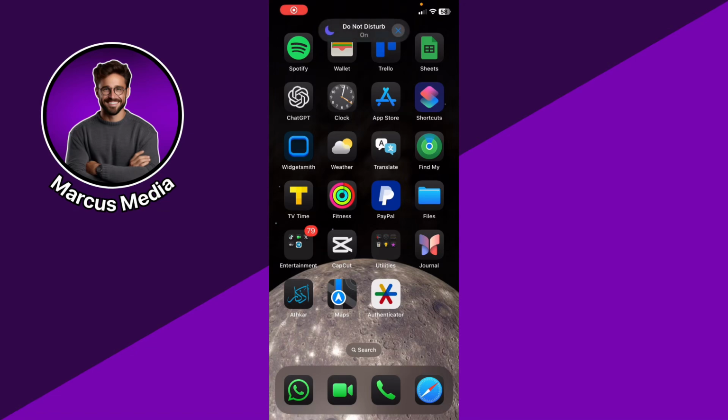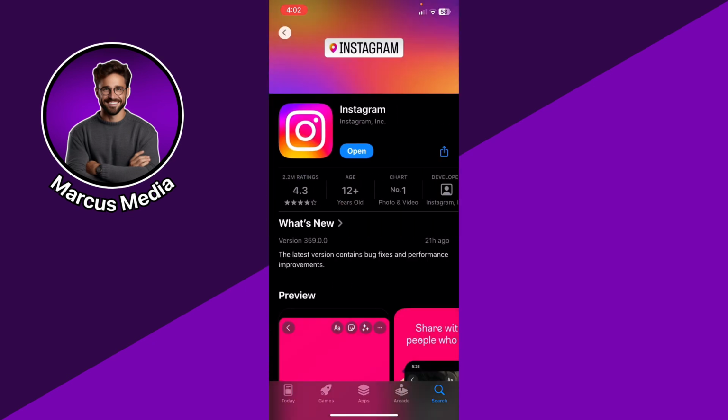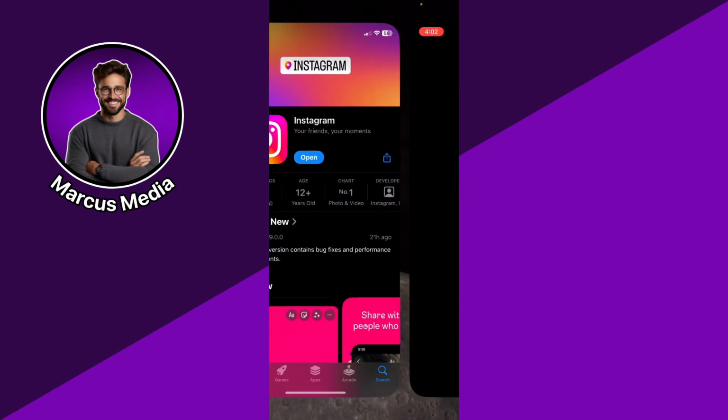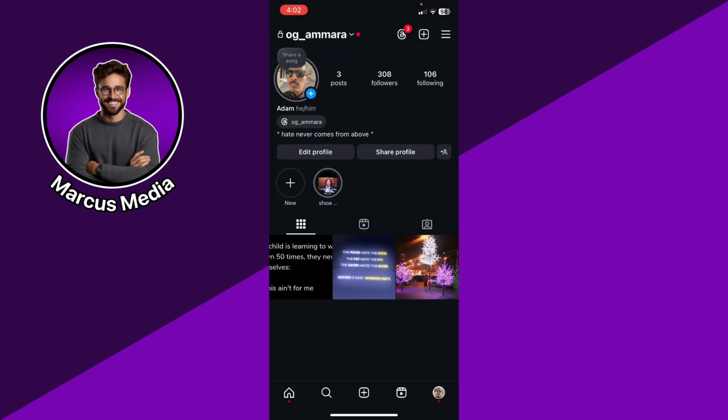If you want to get Instagram profile card, here's a step-by-step guide on how to do it. First of all, make sure that you updated your Instagram to the latest version in order to get this feature. Now what you're gonna do, you're gonna open up your Instagram, click your profile picture at the bottom right,